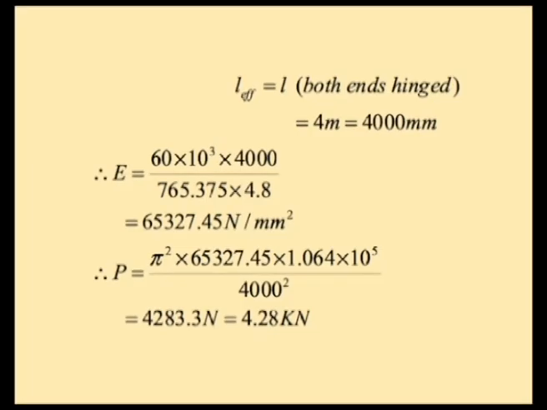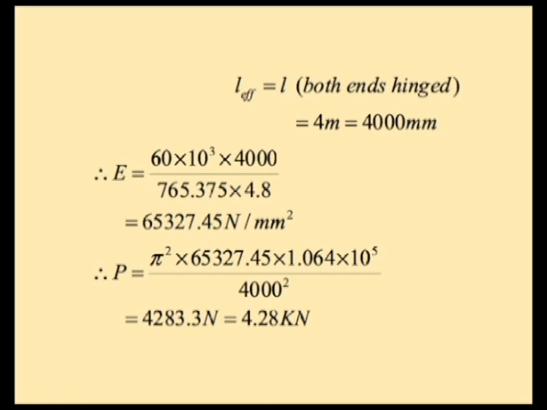by L effective squared. L effective can be calculated based on the given end conditions. Here both ends are pinned. When both ends are hinged, L effective equals the given length L itself, and then the I value will be pi into D power 4 minus d power 4 by 64 in the case of hollow columns. Then we require the value of Young's modulus,